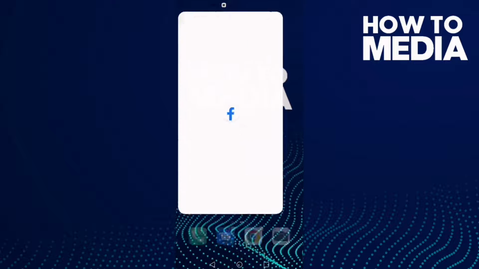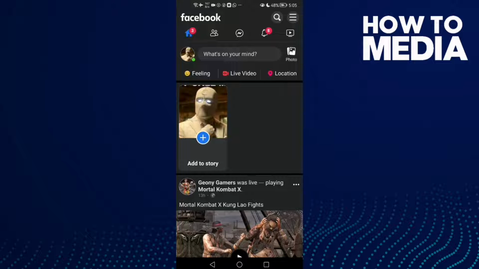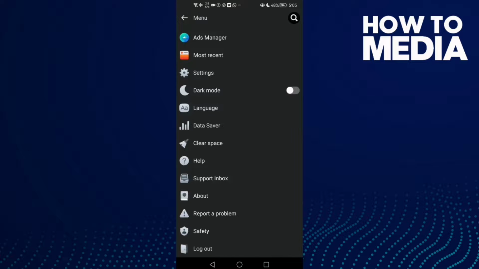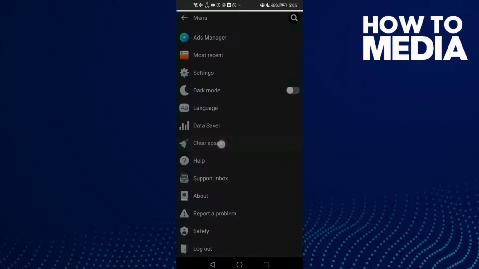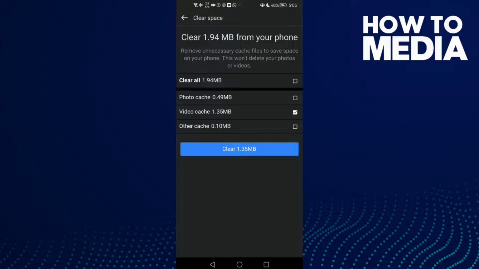First thing, go to Facebook Lite and here you will find these three lines in the top corner. Click on it and go down until you find this one here, clear cache, clear space, and just click on it. Now all you need to do is just select this one here, clear all,